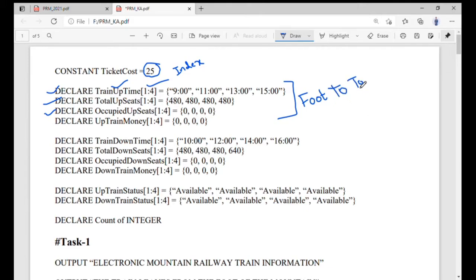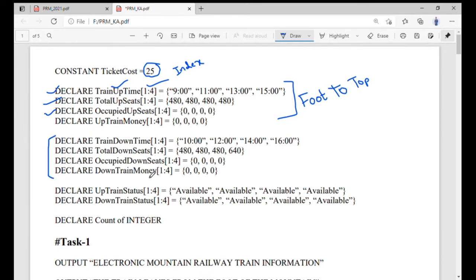The best thing about this particular scenario is that if you create the logic for one side, for example, the train taking passengers from the foot of the mountain to the top of the mountain, then for the second side it will help you make another set of variables and use the same logic, because nothing is changed, only the timing is changed and the last train's seats will be changed. Otherwise, everything will be the same throughout our program. But what we have to remember is that we have to change the variables. You can look at the screen over here.